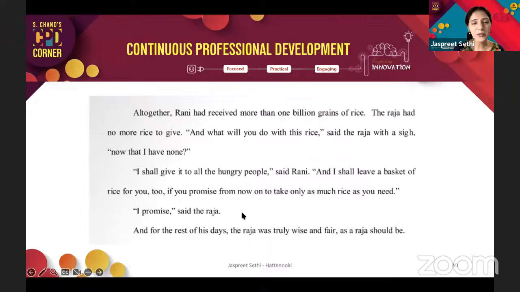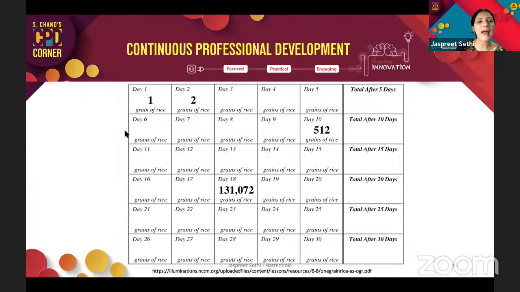So I'm going to skip through the words here and take you straight through the math. So day 1, 2 to the power of 0, 1 grain of rice, and 2 to the power of 1, 2 grains of rice, and it goes on. And you can actually get your students to even do these calculations using Excel and make it a technology lesson. And then eventually see what happens at the end of 30 days, where she basically gets all the rice back and more for the villagers to have their due, who have been so kindly giving it and entrusting the king with their wealth.